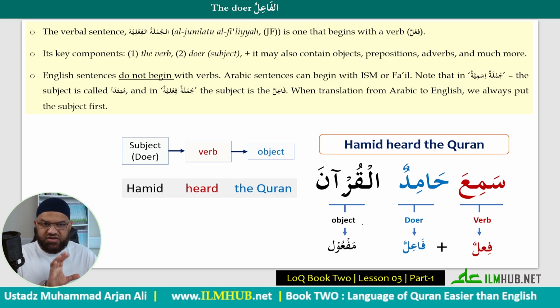English sentences do not begin with verbs. Arabic sentences can begin with an ismun or a fa'ilun, both. We've seen that ismun version in some detail in book 1. But the subject in the Jumla Ismiya, we call it mubtada, and of course the predicate is called khabar. In Jumla Fi'liya, even though in English it will still be called subject, we are going to call it the fa'il, which is a classical Arabic way of doing it. In the Arabic grammar books, you'll find it called the doer. And this will remove, inshallah ta'ala, a lot of the confusion.